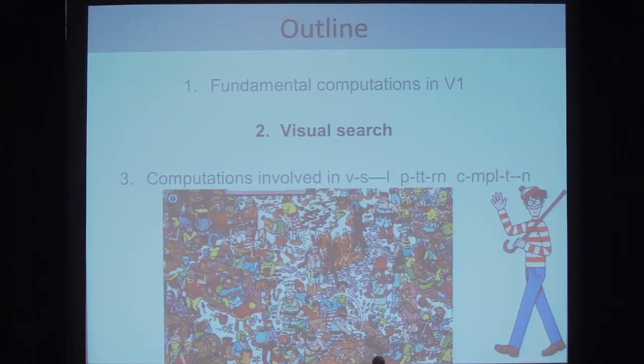So I want to move quickly to my second example now and change gears to talk about another fundamental problem where we think these feedback signals could play a fundamental role. And that has to do with the problem of visual search. Many of you are very familiar with these Where's Waldo kind of games. This is a pretty difficult task. When you try to do this, it takes time. And this is one of the fundamental issues with clutter in visual recognition, whereby it's very hard to actually recognize objects in clutter, and you need to move your eyes and actually perform quite a lot of computations to reach for that.